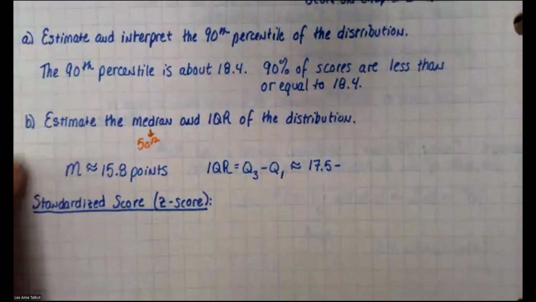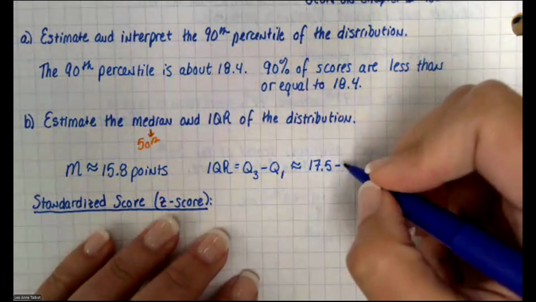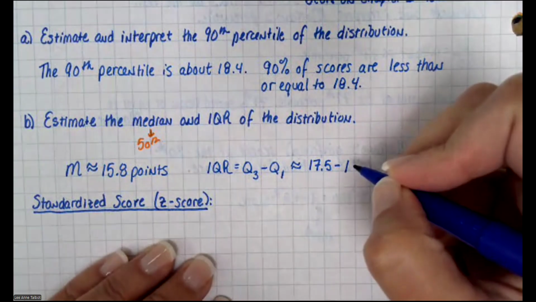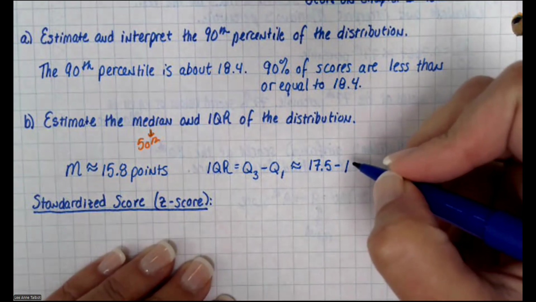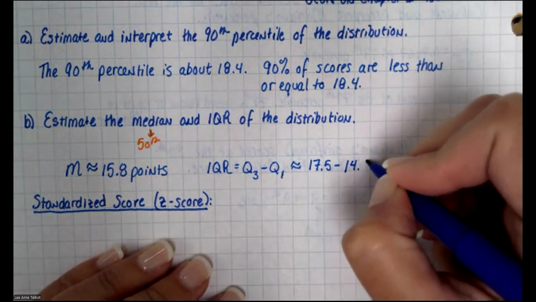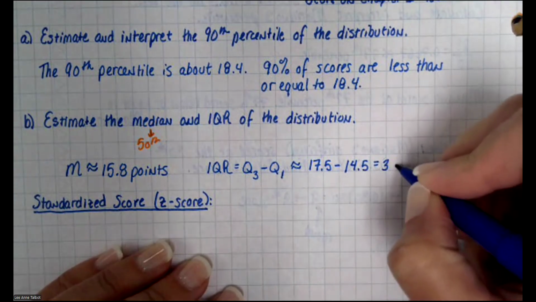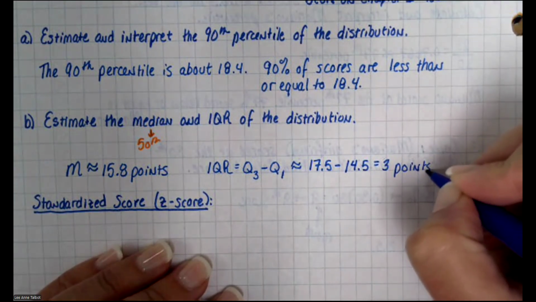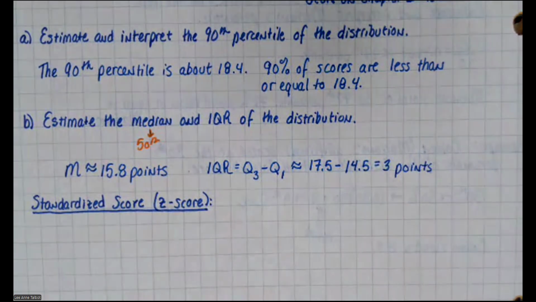What do you think? If we put 14.5, the math's a lot easier. I mean, 3.1 wasn't like rocket surgery, but